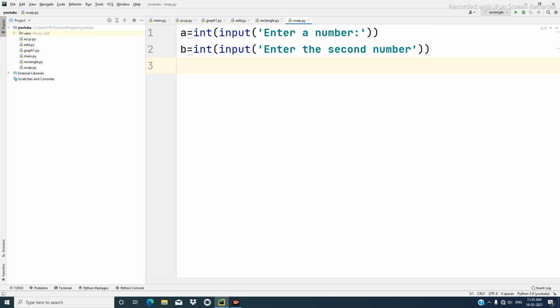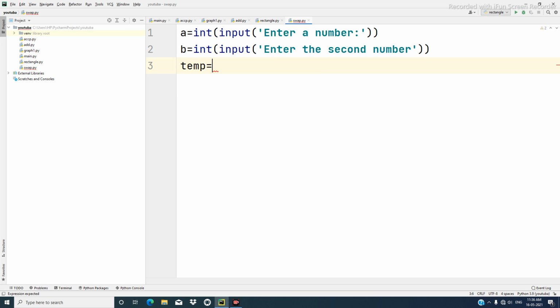Okay. Now traditionally we take the help of a third variable to swap the variables. But Python provides a special way to swap the values of the variables, and we will see both of them. So first, let us begin with the traditional way. Let the third variable's name be temp.